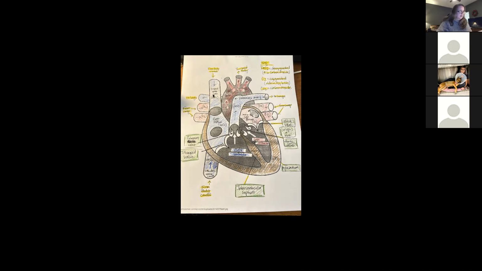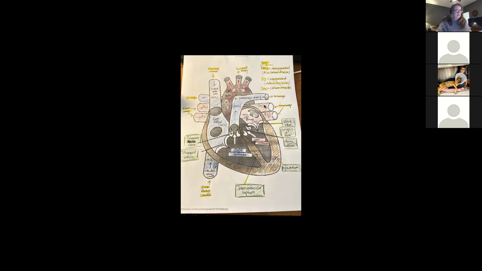Vena cava is right here. Now the caudal vena cava is coming from the back half of the body. The cranial vena cava here is coming from the front half of the body. So they join into the right atrium. They go through the tricuspid valve to the right ventricle, out the pulmonary valve to the pulmonary artery to the lungs. At that point, after the lungs, you just write CO2 for O2. Then you trade. You give CO2, you pick up O2.